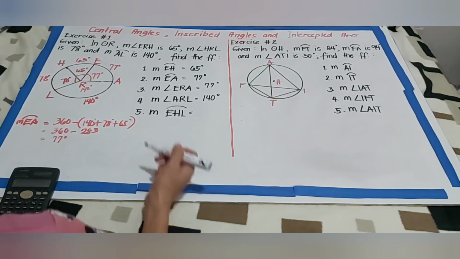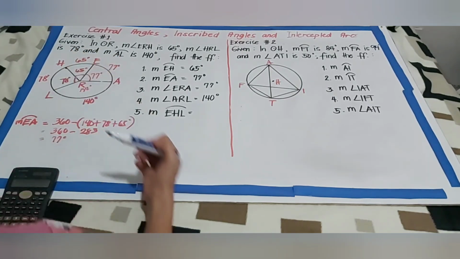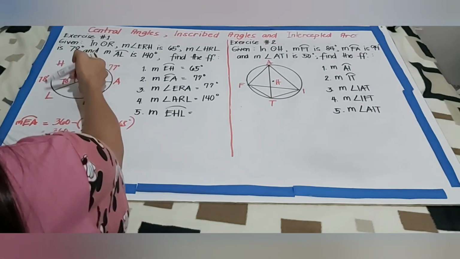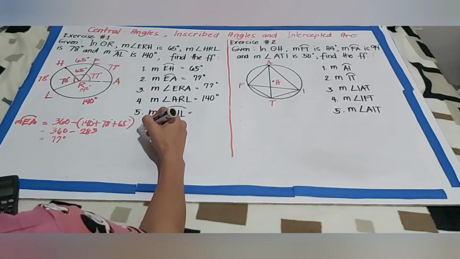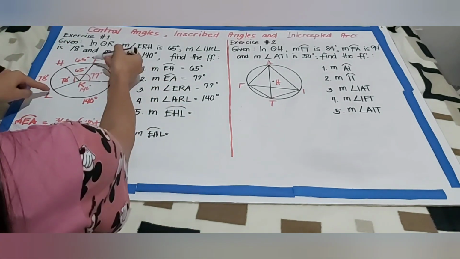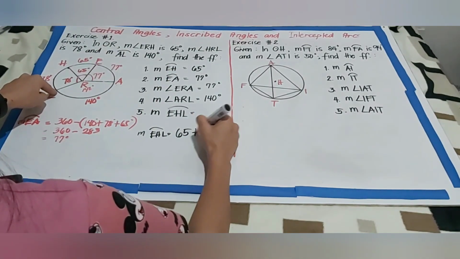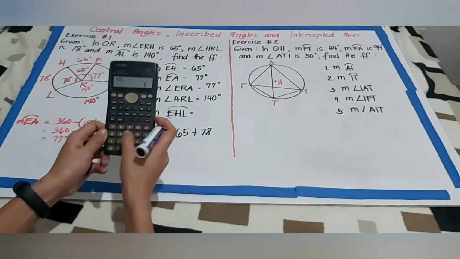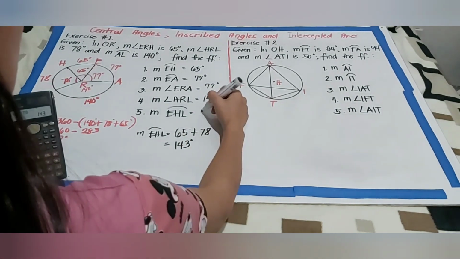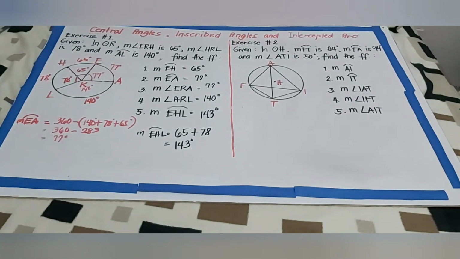And last, arc EHL. Itong arc na to. Ayan. Arc Addition Postulates. So, pag magkatabi yung arc, sinihingi yung measurement itong arc na to, kabuuan. So, add lang natin yung dalawa. So, para mahanap yan, measure of arc EHL is the sum of these two arcs. Kasi ito siya, EHL. So, i-add natin yung 65 tsaka yung 78. 65 plus 78. Calculator tayo ulit. So, this is 143 degrees. Okay? So, that's exercise number 1 for